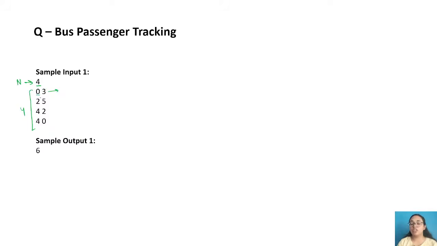In the first station there were 0 passengers who get off and 3 new passengers who get on. So there is nothing we need to subtract, and you can have one variable called p where you will be adding and subtracting the values. You also have to consider one max variable where you will be storing the maximum value. Because 0 passengers got off, 0 minus 0 is 0, and 3 passengers get on, so 0 plus 3 makes it 3. So 3 passengers are now in your bus.